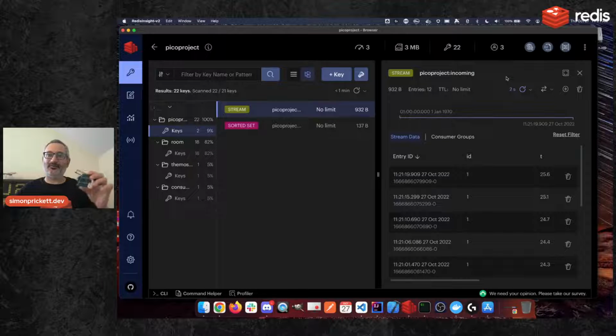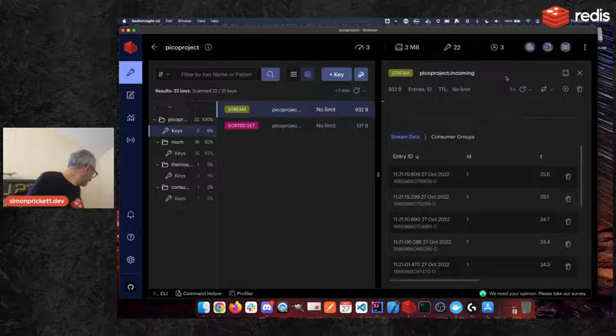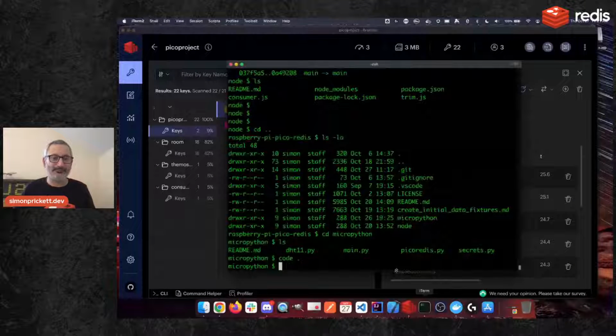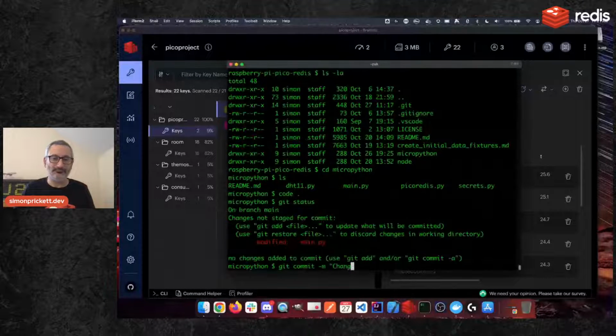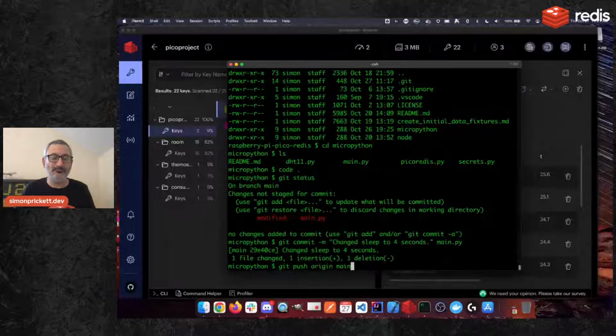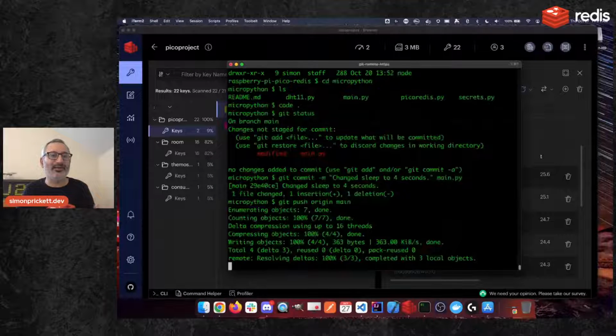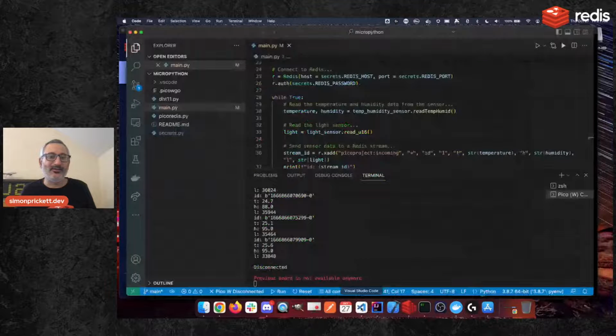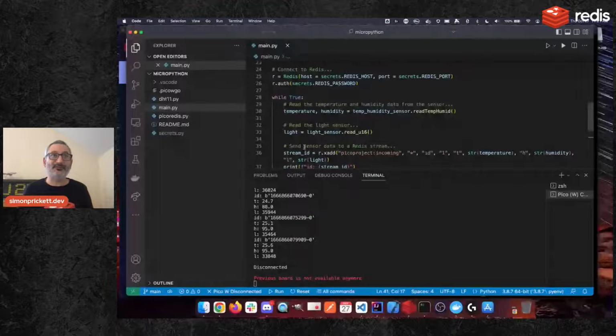Right, so we'll let go of that. I've unplugged it, which will stop that data flow. But that's now got a slightly slower version of the code on it. So let's just bank that again. So we bank that, and what we need to do is create another sort of MicroPython project for this